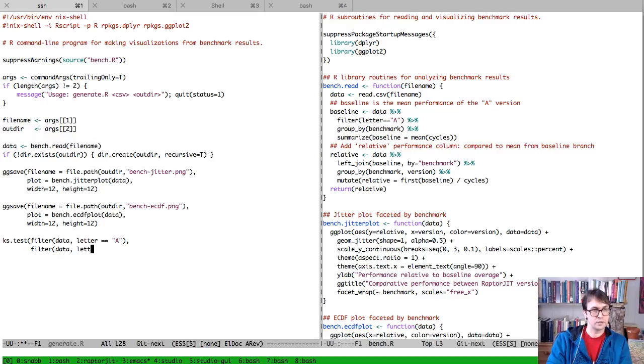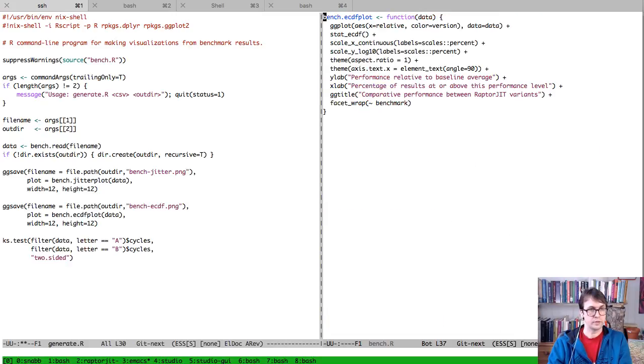Filtering the data where the letter is the B version. In both cases, we want to grab the number of CPU cycles for the benchmark to look at. And we will run a two-sided test just to see if there's any difference, positive or negative. We're going to want to write, so in principle we want to write to a file, but let's be lazy and print it as a message. We're going to say message KS test p-value is